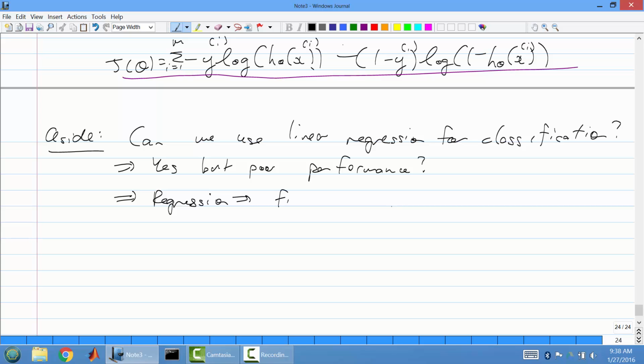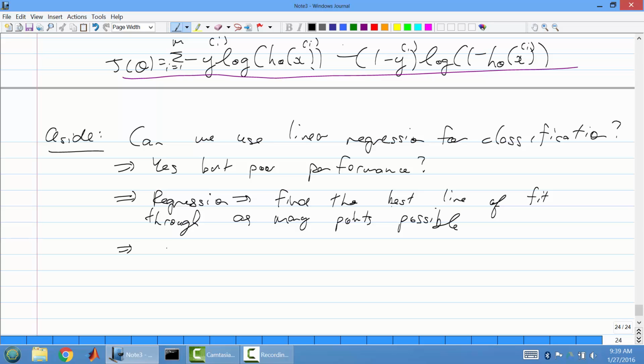So find the best line of fit through as many points as possible. Okay, and classification,